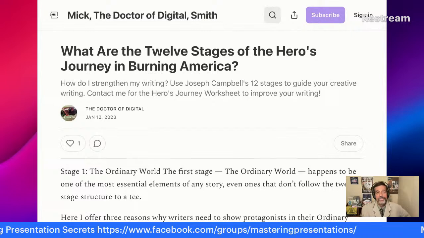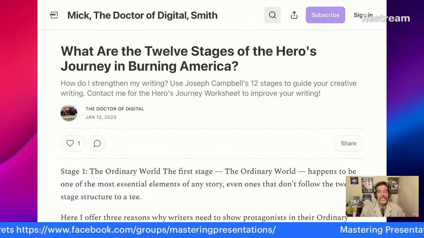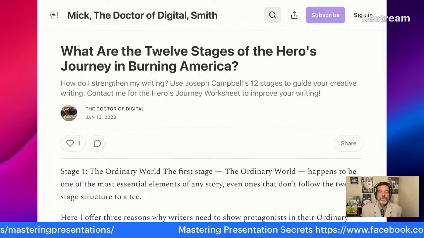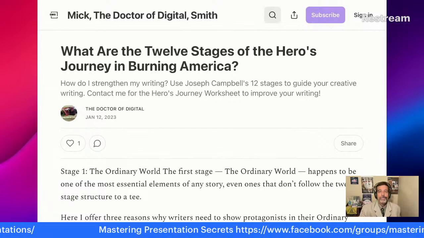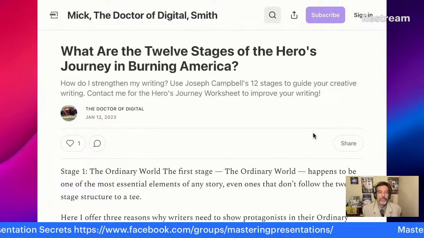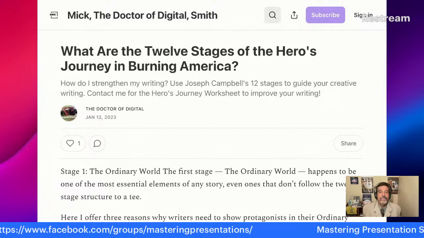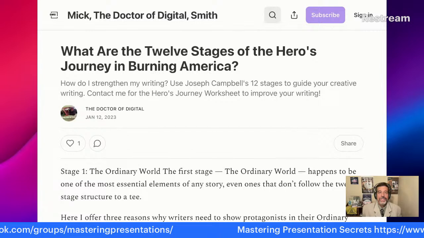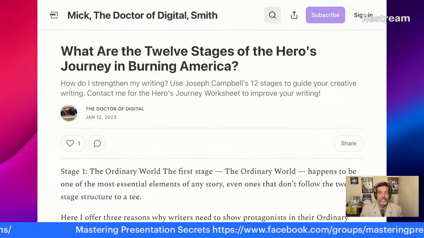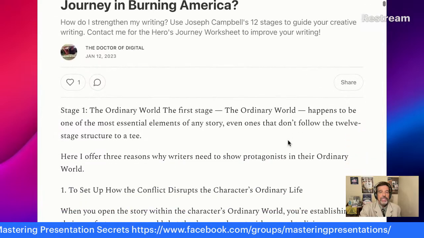And for a writer, you need some sort of structure. That's what I help people with on Mastering Presentation Secrets. You need to know structure, not just enough to write a book, but to know how to write a book. So we can strengthen your writing. Use Joseph Campbell's 12 stages to guide your creative writing, and contact me at Mastering Presentation Secrets, and I can help you with that. Stage one.